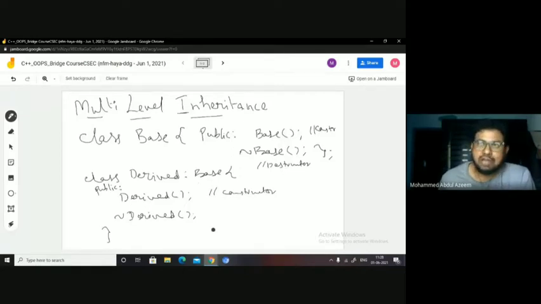So in order to have that process fulfilled, what we have to do is declare this base class destructor as virtual. Got it? Virtual is a keyword here. So I am declaring this base class destructor as virtual. Now I can define the code of the base class destructor and the derived class destructor as well.